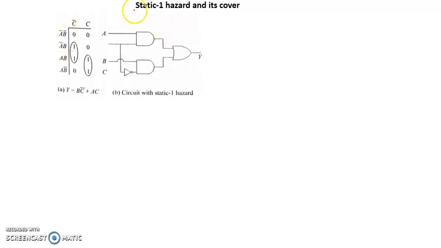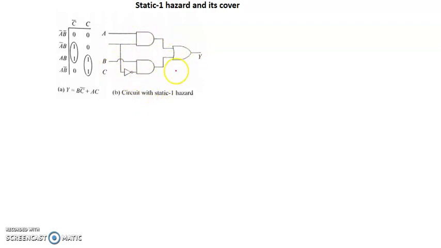Again, here it is discussed first with a hazard and then how to overcome it. Now we have certain minterms represented on the K-map, and we have made the grouping. With this group, the expression is BC bar. With this group, the expression is AC. So BC bar plus AC is the output Y. This is the circuit to realize this expression. A, C, B, C bar are the inputs given to the AND gates, and the outputs of these AND gates are given to Y.